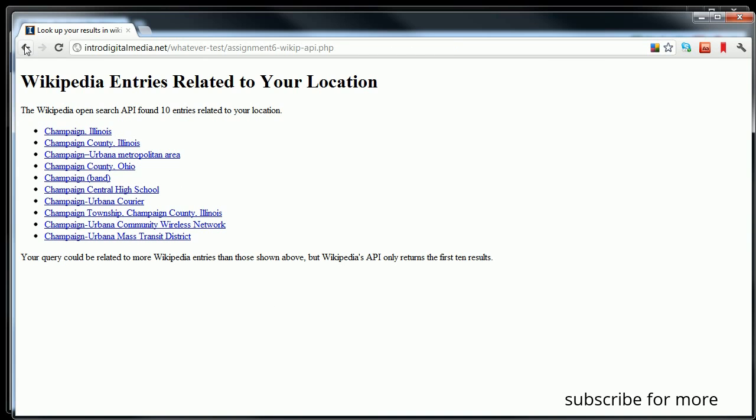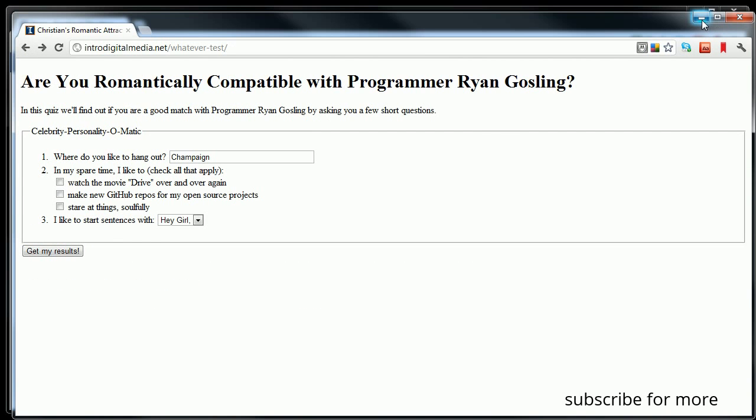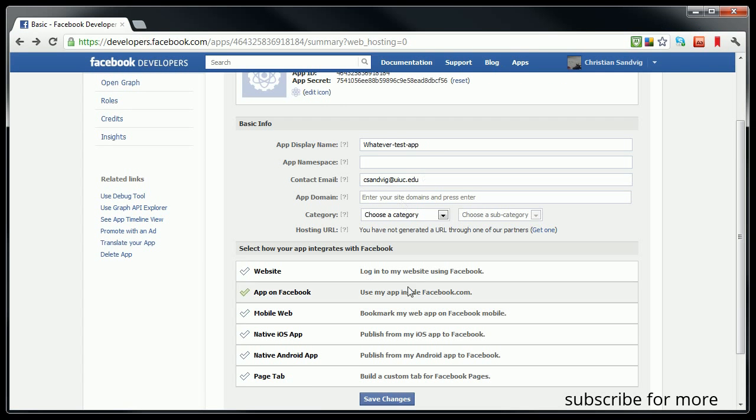Looks great. Okay, so whatever it is your application will do might differ. This is just an example. Your application may consist of a different number of PHP files or HTML files, but you definitely want to rename the starting one to be index.html to get you going. So now this URL that I've made here, which is my web server with this directory name that I just made, I'm going to take that URL and go back to the